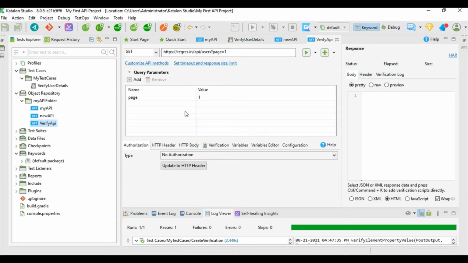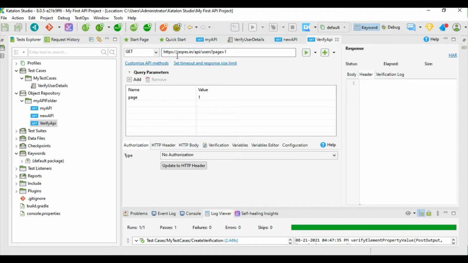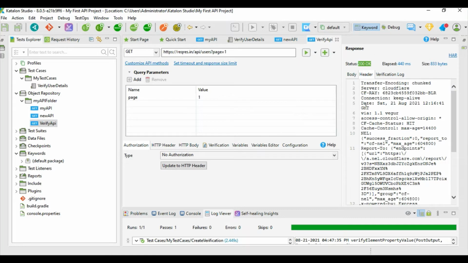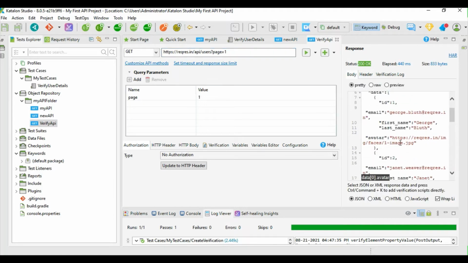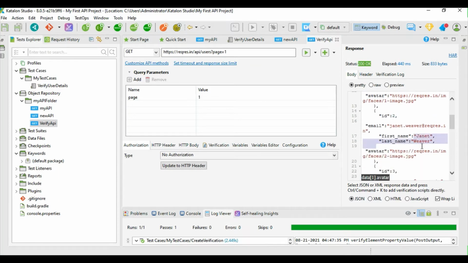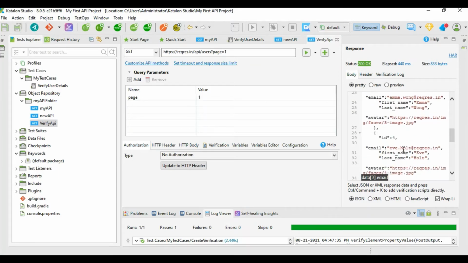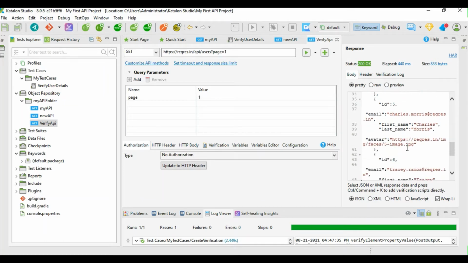So here it is. This was our last request, which we sent on this API. If we send this, we're going to see that what this request does is it gets data of the users from page 1. Let us look at the body. We get these users: ID 2 user details, 3 user details, 4, 5 and all that. But how are we going to create a new user here?